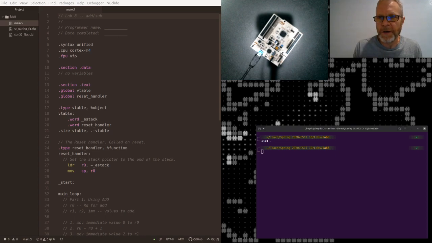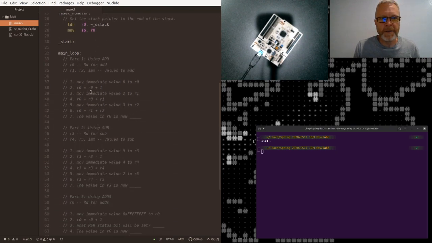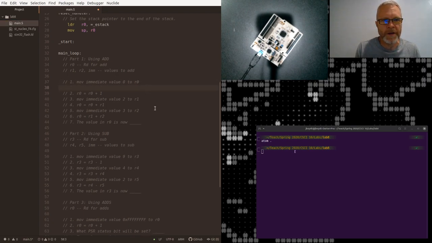So we're working on Lab 8. And I'll just go down through the numbered elements and do them one at a time. And I'm literally just going to do what it says for me to do. And so I'll just start with number 1 here. When you see the term immediate value in assembly,